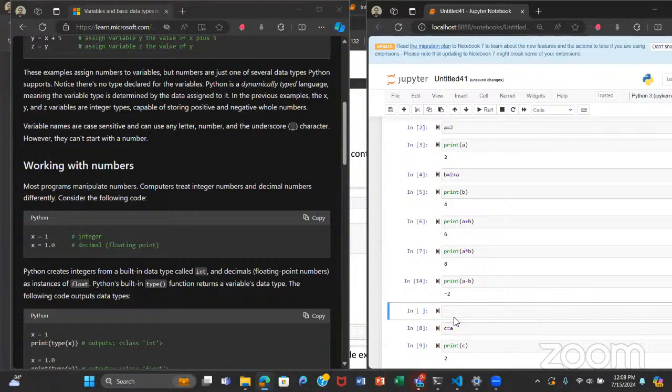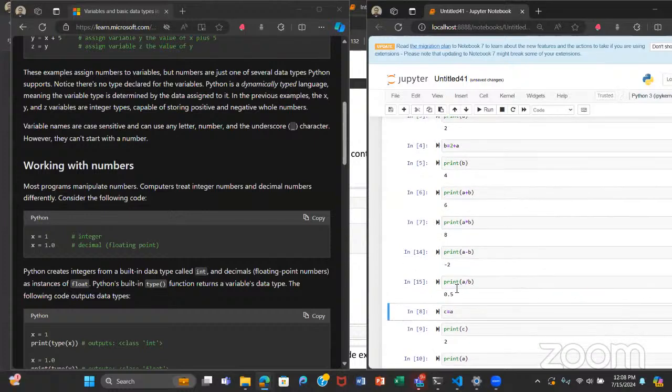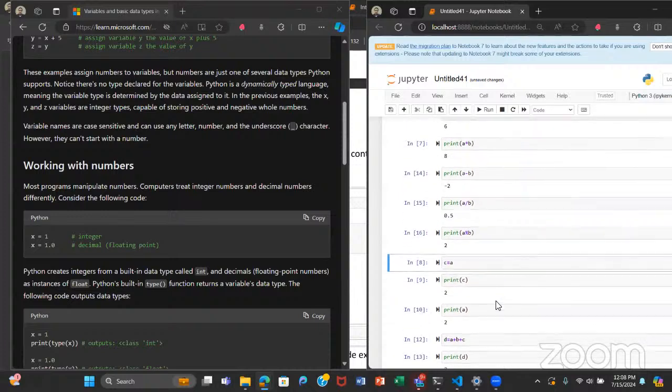That's under operations. And we can even find the modulo, so we can perform a lot of operations in Python. In Python, modulo is the percentage sign.